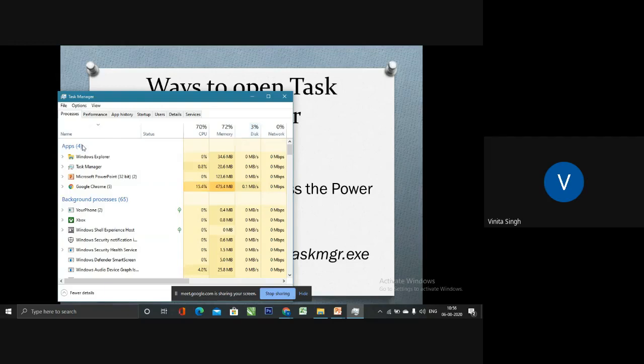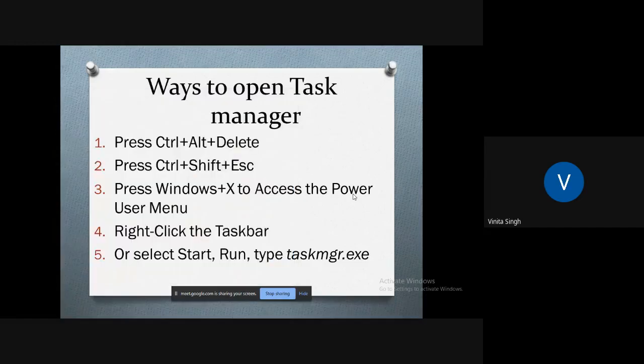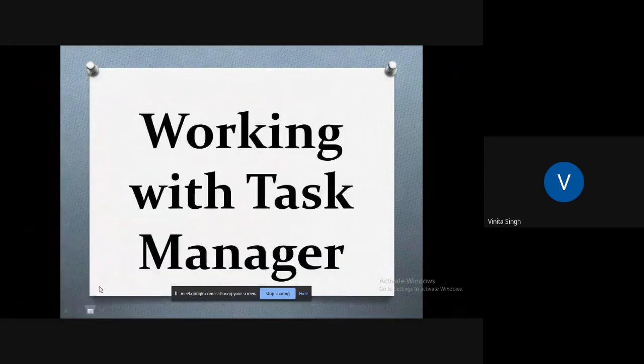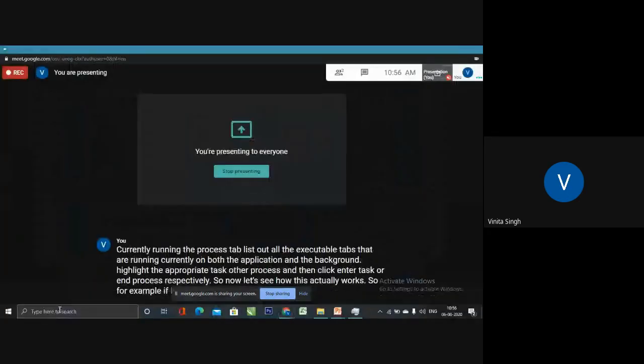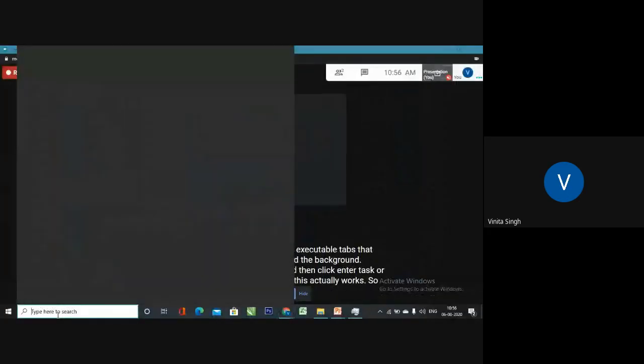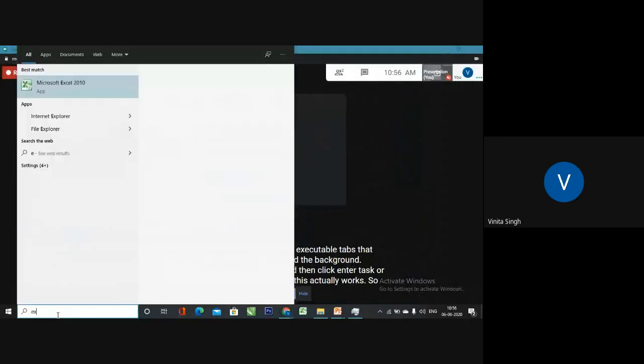Highlight the appropriate task or process and then click End Task or End Process respectively. So now let's see how this actually works. So for example, I have opened an Excel file.